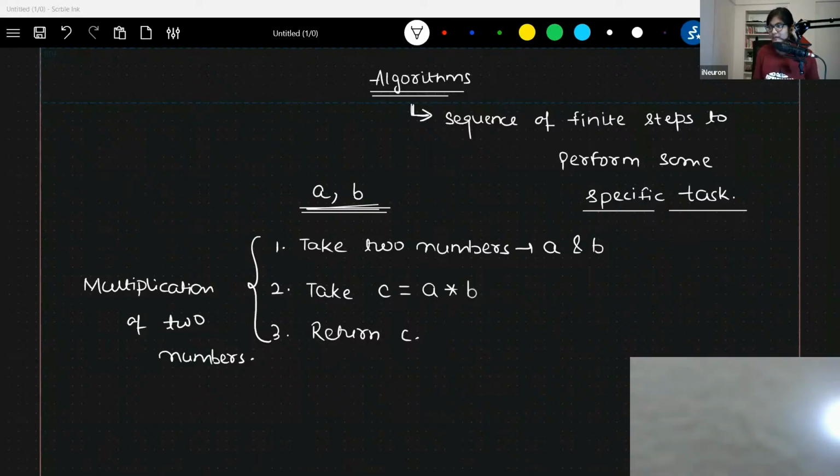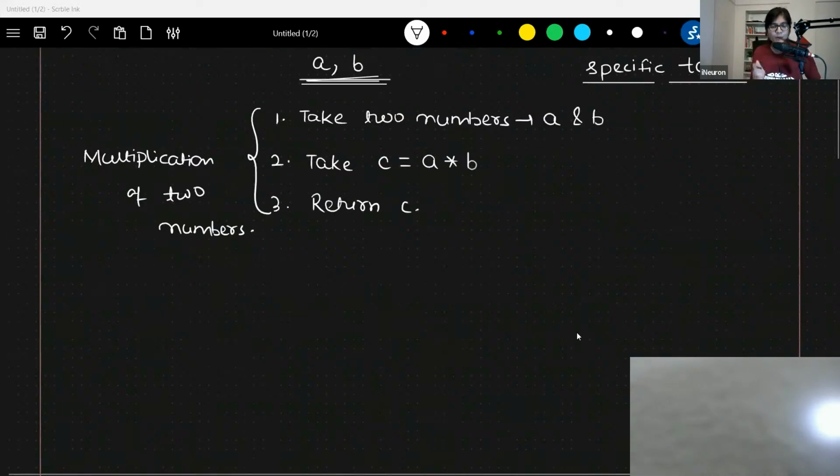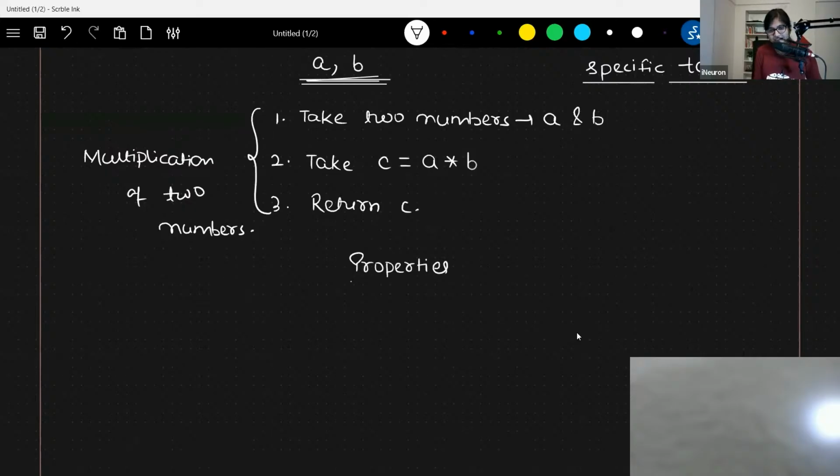Let's move ahead. The next important part that we want to see is the properties of an algorithm. So let's talk about the properties of an algorithm. The very first property that we have in an algorithm is that it should terminate after some point of